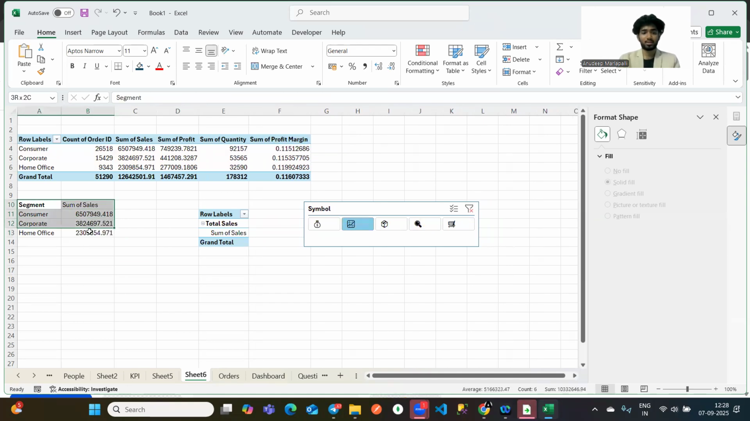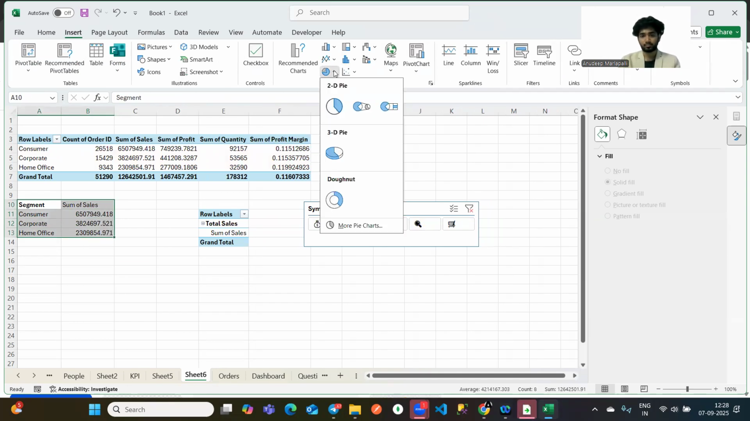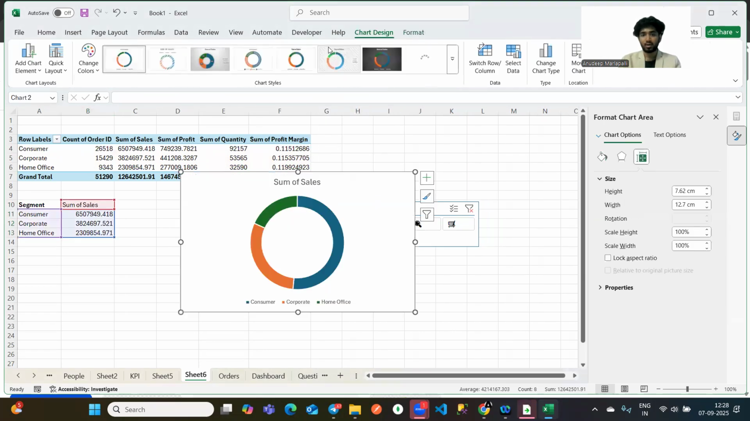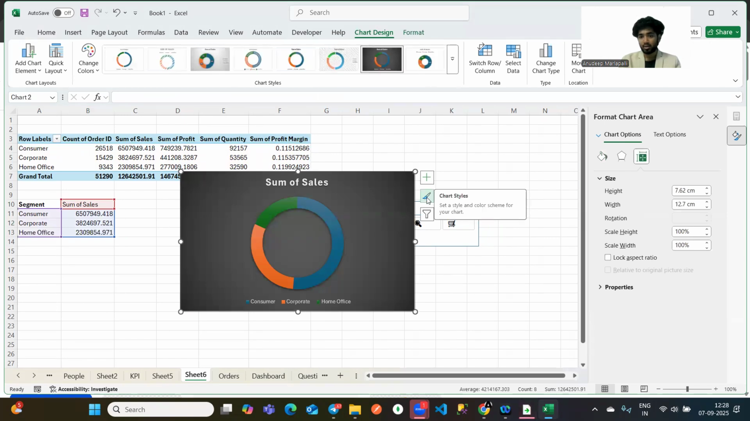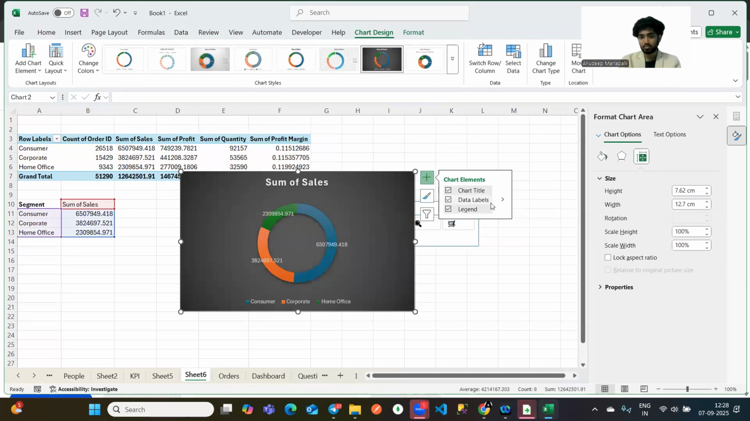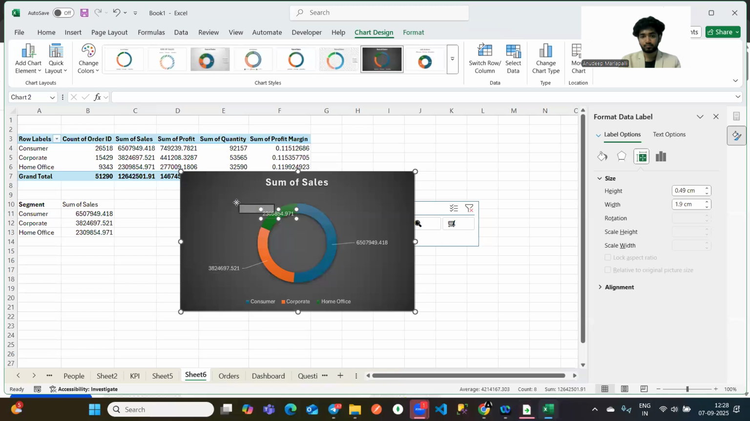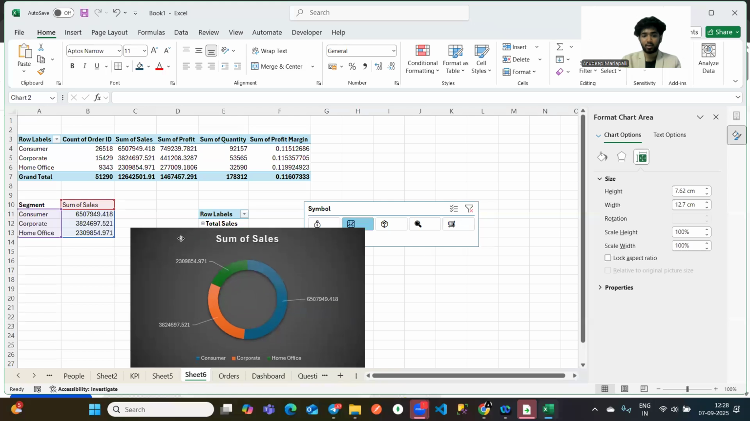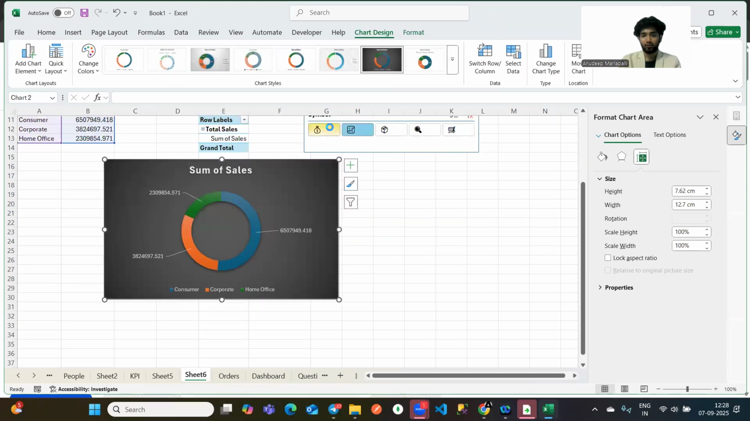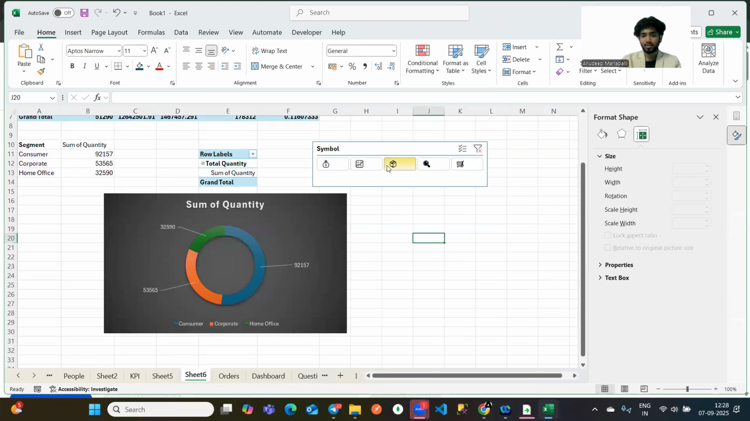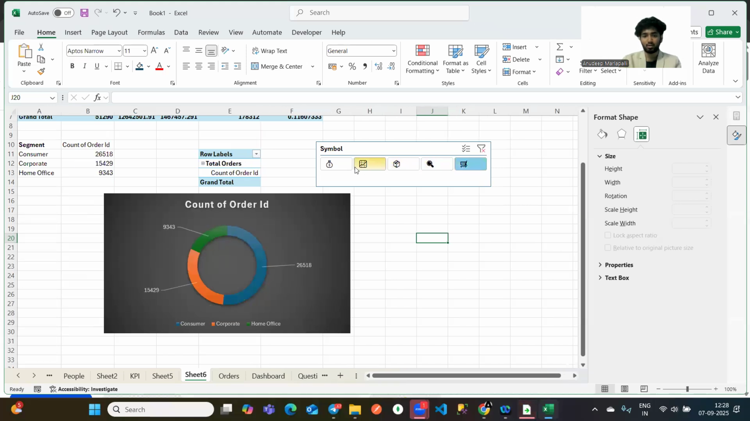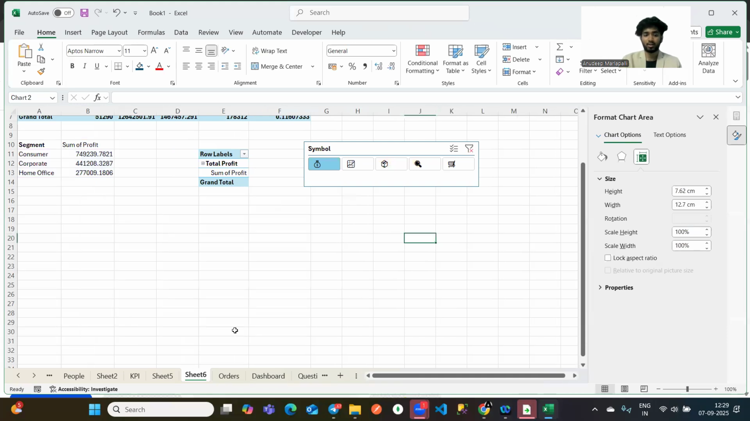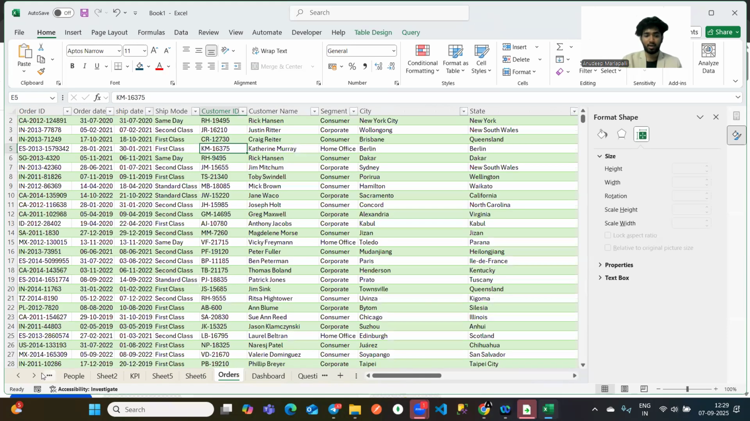Now, once this is done, I'm going to insert a donut chart. Here I've inserted a donut chart. I'll click on this one, and then I'm going to turn on the data labels and put them outside. So here I'm able to display segment-wise what is happening. Here I'm able to display segment-wise sum of sales. If I click on this one, segment-wise sum of profit, segment-wise quantity, segment-wise profit margin, all this I'm able to display. I'm going to cut this chart and put this in my dashboard